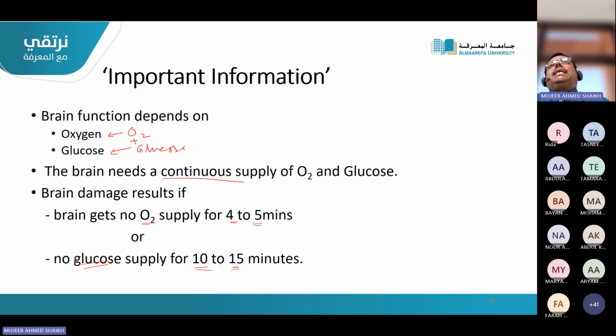If the glucose is decreased, not completely finished, what will happen? If glucose supply to the brain is decreased, what is happening to the brain? Brain will get irritated. Not damaged, but it will start irritating. It will function abnormally first,